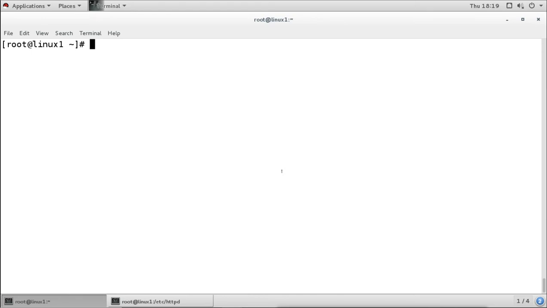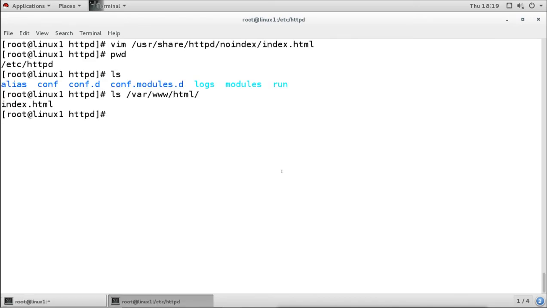Otherwise, we can create name-based sites. Name-based sites can be created on a single IP address. And when we create name-based sites on a single IP address, the names will be important, and then the DNS will also be important, because the DNS will resolve the name. That is why we need to configure the DNS also.